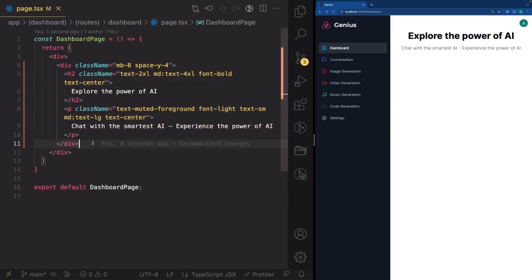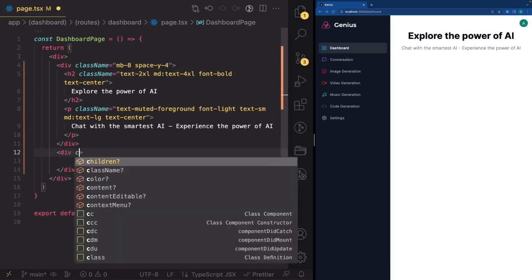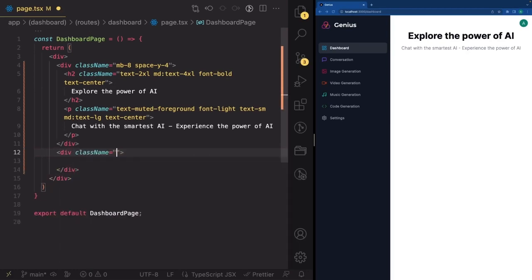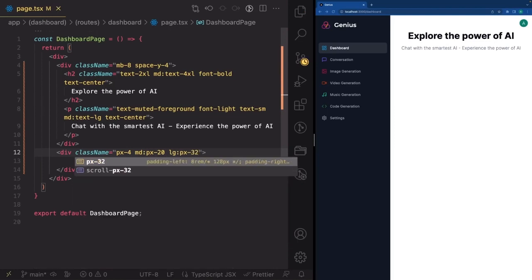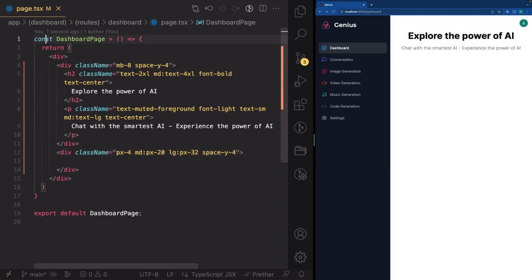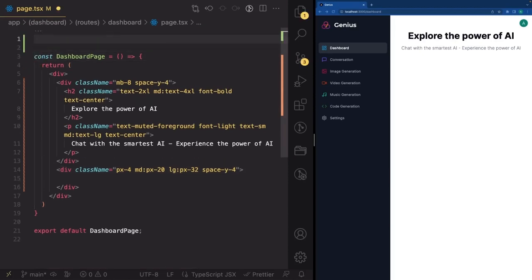Now, outside of this div right here, open another div, the class name of px-4 on mobile devices. On medium, it's going to be px-20. On large it's going to be px-32 and space-y-4. Beautiful. Now let's go ahead and mark this page as use client because we're going to have some